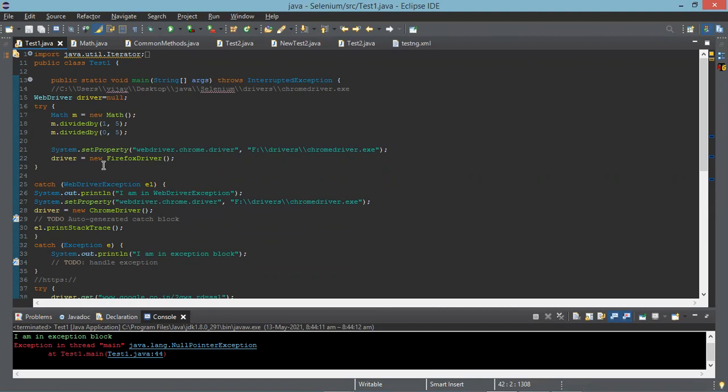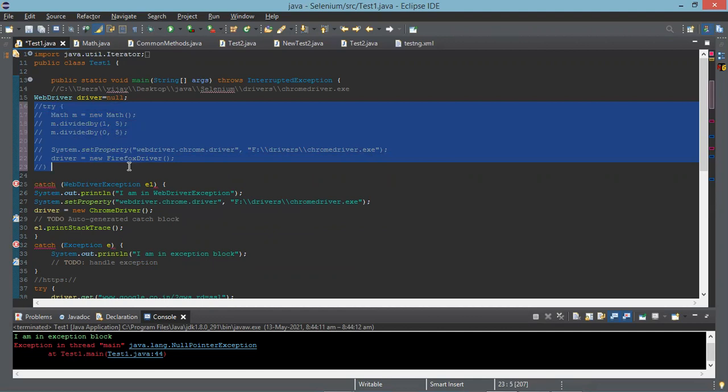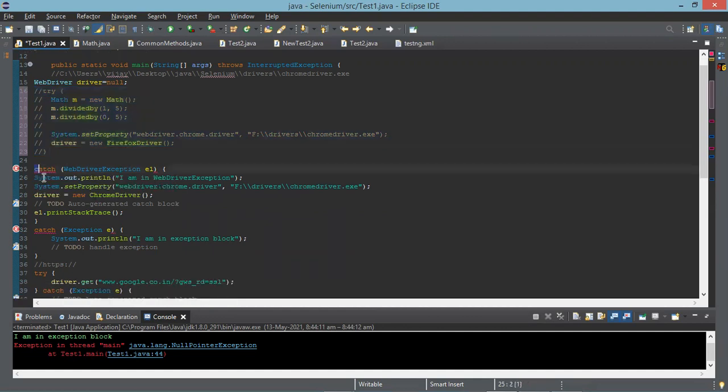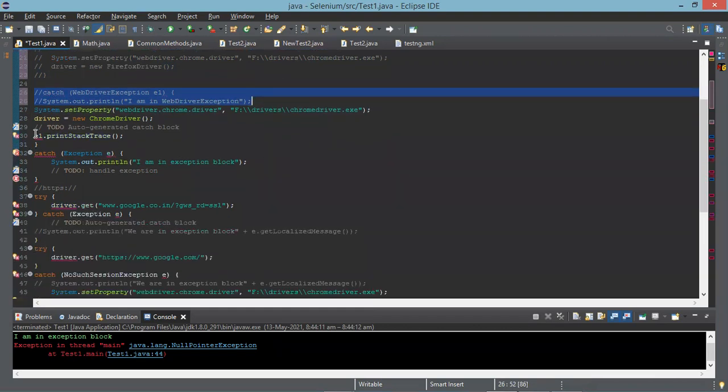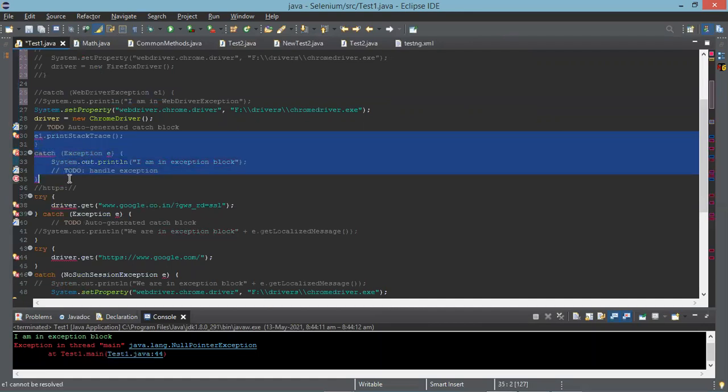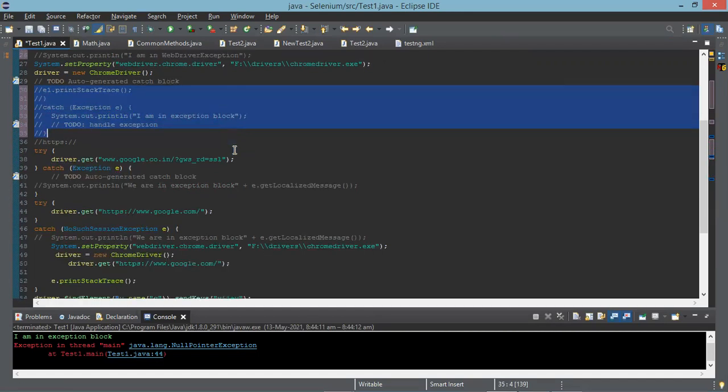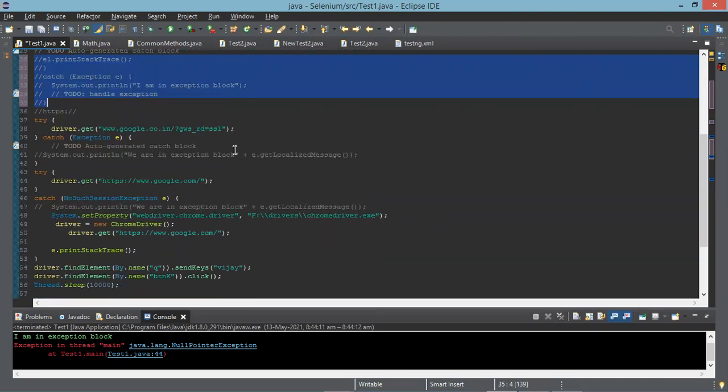Comment line numbers 16 to 23. Comment line number 25 to 26. And comment line numbers 30 to 35. Now you execute.